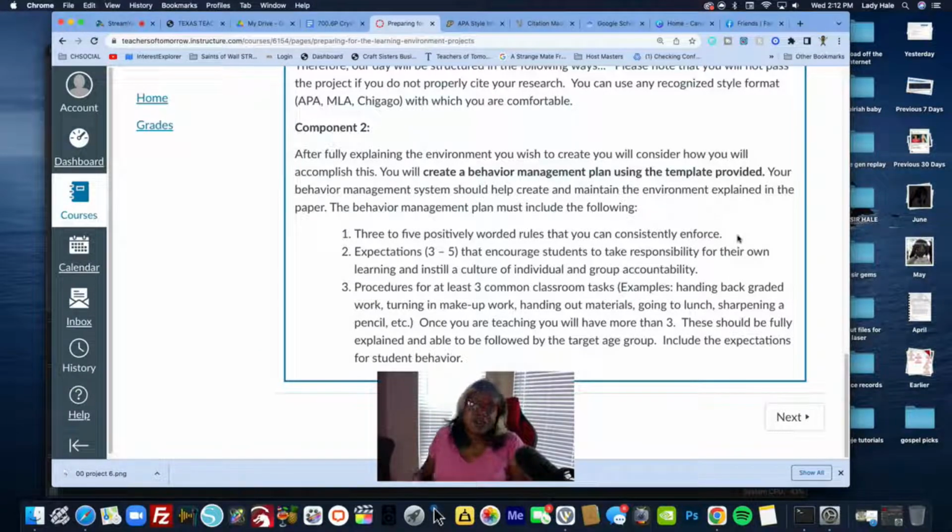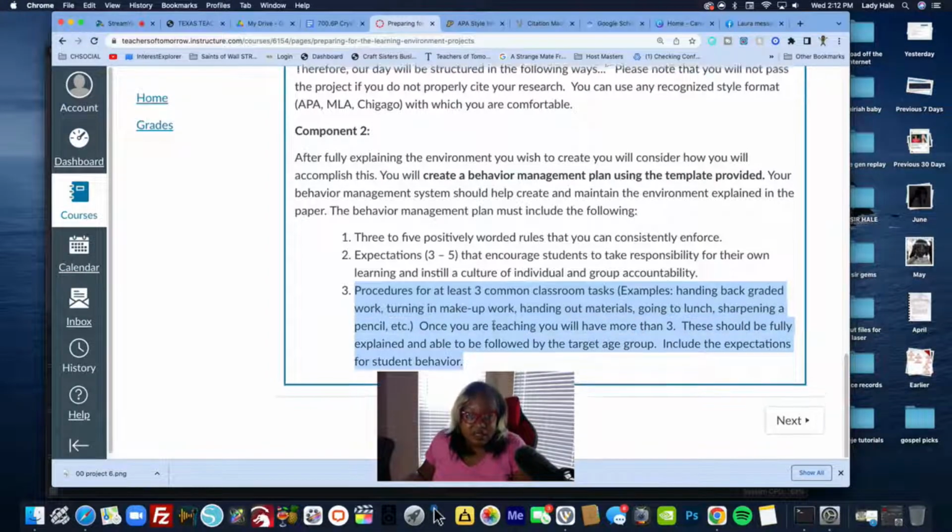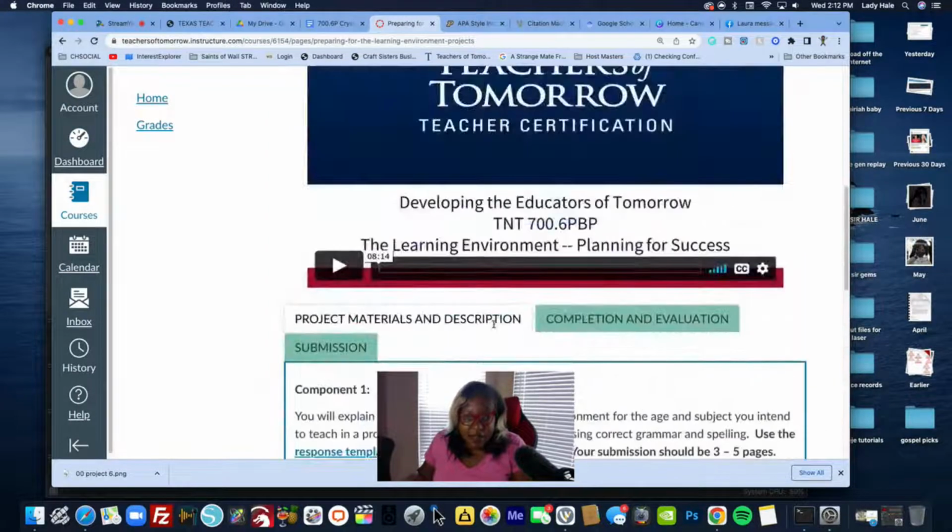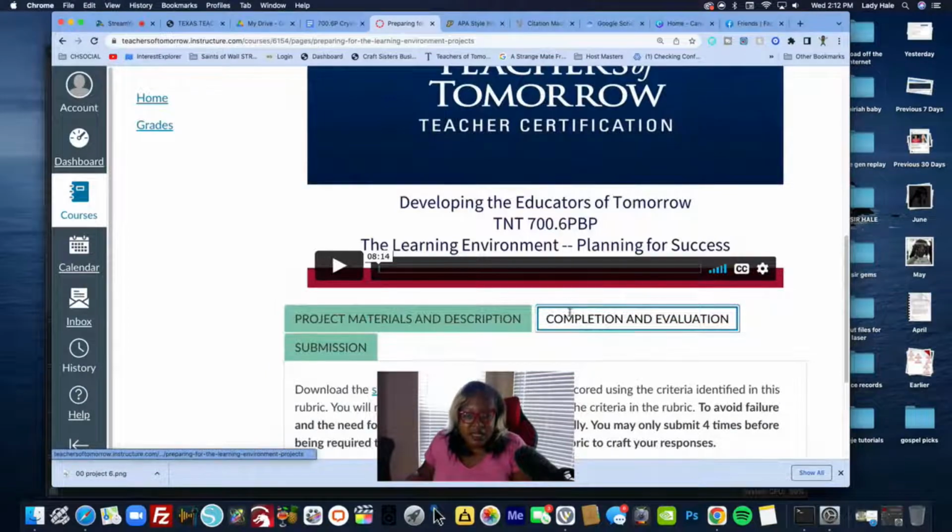That's what the research says. So the expectation is 3 to 5, and everything is going to match. If you do 3, you do 3. You do 4, you do 4. You go beyond, do 5. You do 5. And then the procedures, at least 3 common classroom tasks, for example, handing back paper. It gives you examples and all that, right? And it's going to tell you